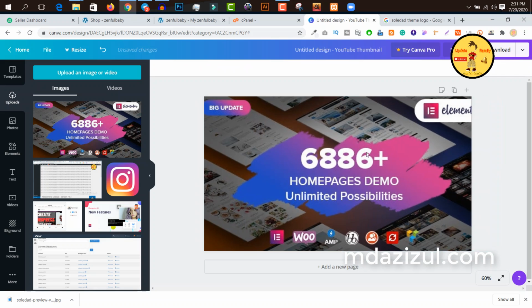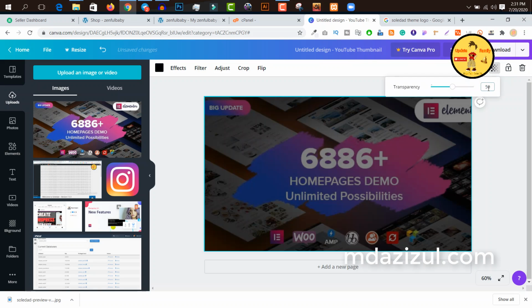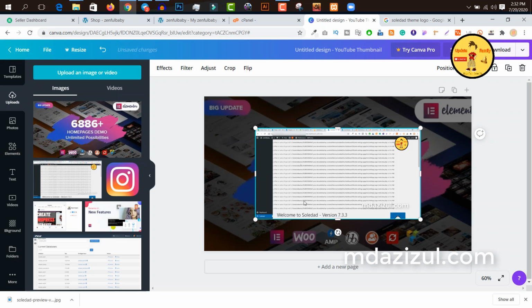Okay, so I just want to change this opacity, so I click on this lock-side transparency option and change it to 50, and then you'll see its opacity now. Okay, looking good. If you want to change anything else here, there are some options: adjust, crop, flip, and lots of options. So I just drag and drop this new photo and